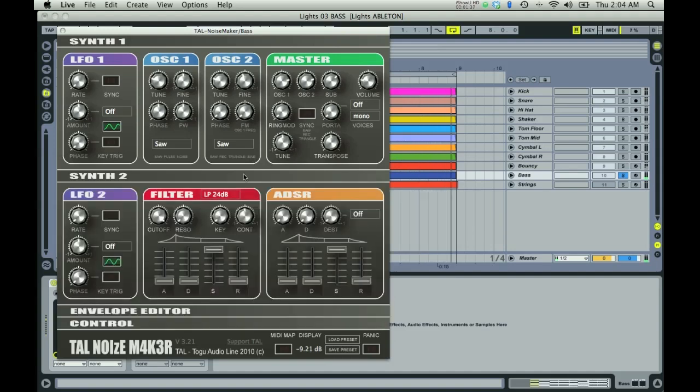So this is a bright version of the bass. The bass starts bright, but then it goes down to a round sound at the end. So we set the cutoff to where we want it to go. That's going to be the darkest point it reaches at the end of each note. Then we bring the contour, which is the filter envelope amount, back up to where we want the sound to start.